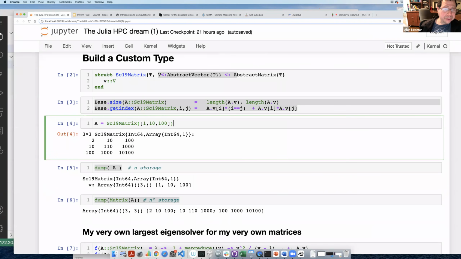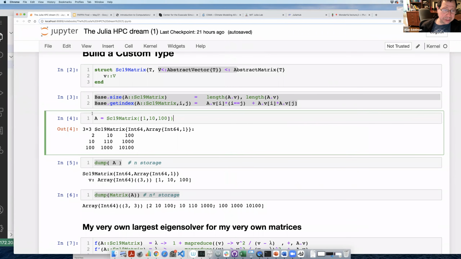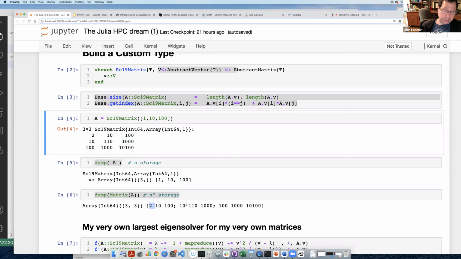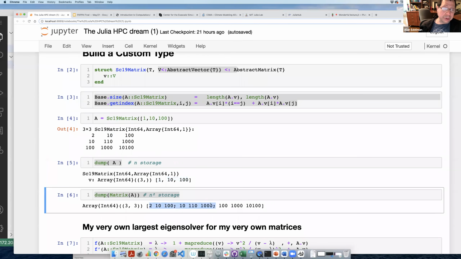Alrighty. So I built a special matrix A, and what I wanted to point out is if I do dump of A in Julia, it shows you what's really stored. You can see that only n numbers, in this case 3 numbers, are stored: 1, 10, or 100. As opposed to dumping the dense matrix, which stores all 9 of these numbers, all n squared of them. So we're encoding an n by n matrix.